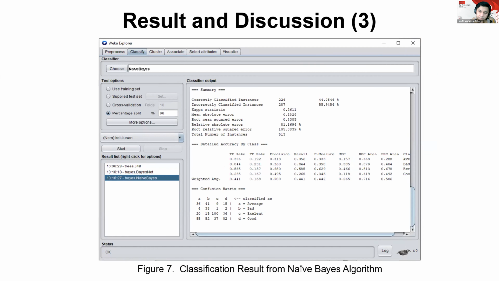In the implementation stage, the naive Bayes algorithm will be carried out with a percentage split test option of 66%, where this process will be carried out with 66% training data and 34% testing data. And from the result of the classification process using the naive Bayes algorithm, the accuracy is only